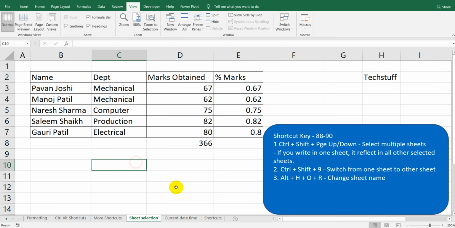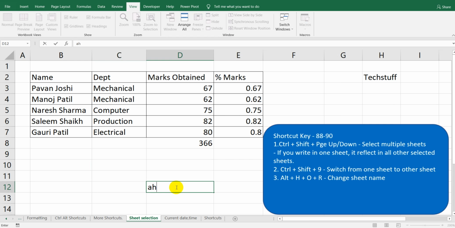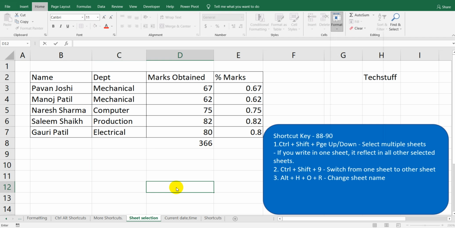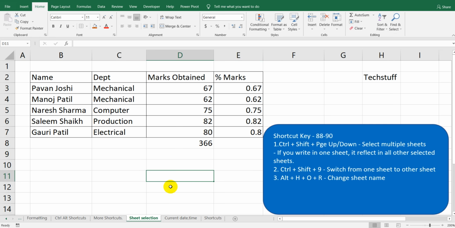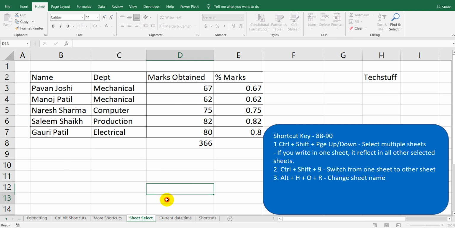If you want to change the sheet name, let's say Alt HOR, sorry, first Alt HOR. Actually the cell is selected, so now again select Alt HOR. You can see the sheet name can be changed now. So I will add the sheet name, and in this way I can change the name of the sheet.